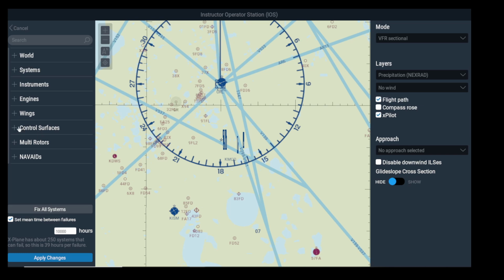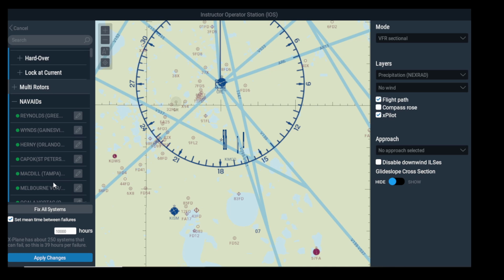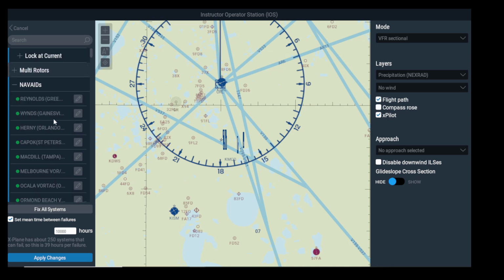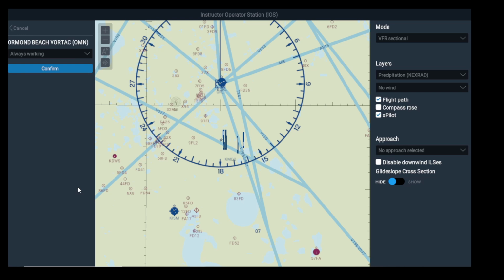Control surface, hard over. See, aileron, hard over. Okay, yeah, they have some realistic things here. Nav aids. You can go here and, okay, so I'm guessing you can plan for failures. Let's go Almond Beach VOR. What can we do? Always working